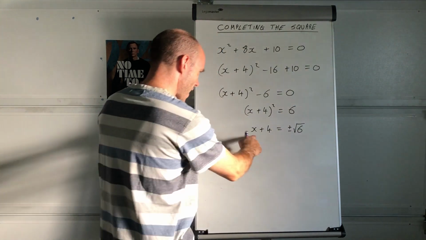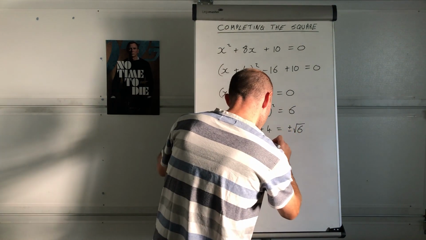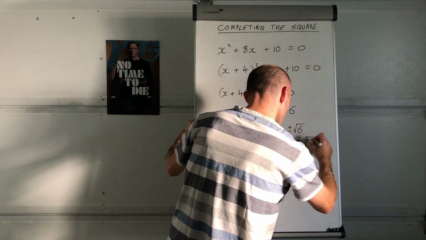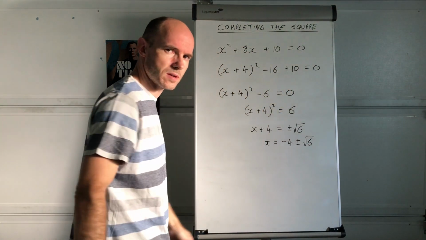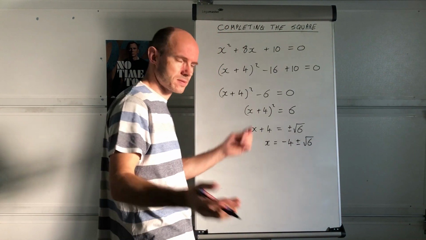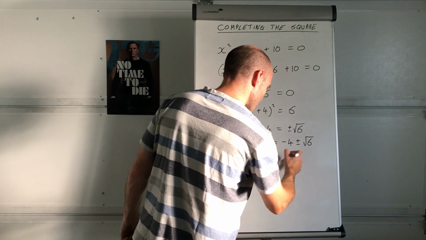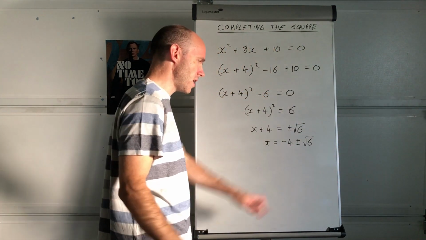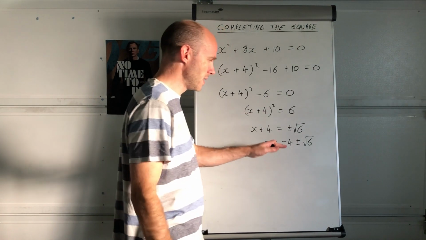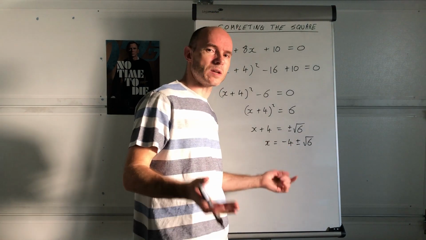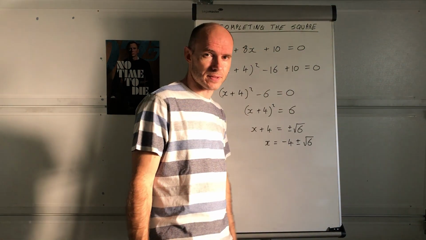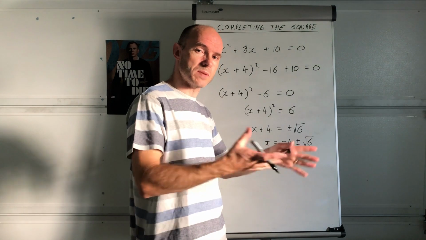as root 6, okay. And then we'll put the 4 on the other side, so that's x equals negative 4 plus or minus root 6, okay, and that's our solution, okay. If you want, work out the decimal to 3 significant figures, okay, but I'm going to leave it like that, because it's in its exact form, which is preferable, okay. The only times you'd realistically want a decimal equivalent is if you're plotting points on a graph, okay? Because then it's handy to know what the approximate value is,